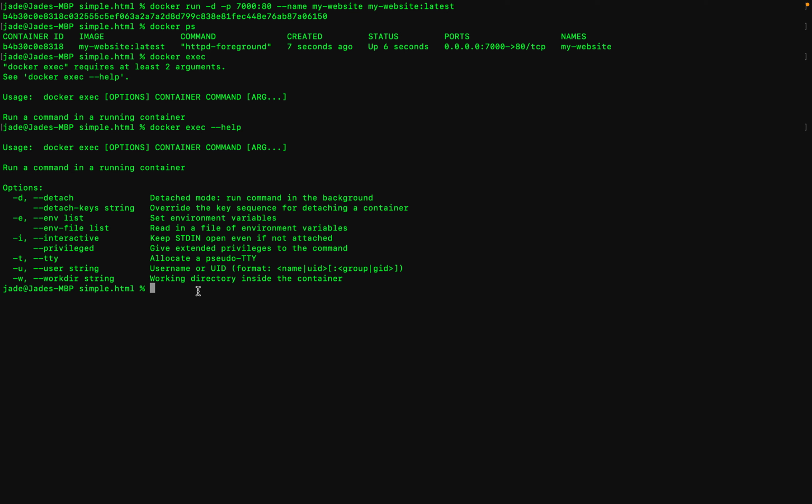But what Docker exec does is that it's the function that gives you access into a container. As you know, a container is an image that is running, so it is live, it's an instance. While it is running, you can gain access into it. It's a way of hacking into it, and you can make corrections. You can manipulate your code while it is up and running. So you do Docker